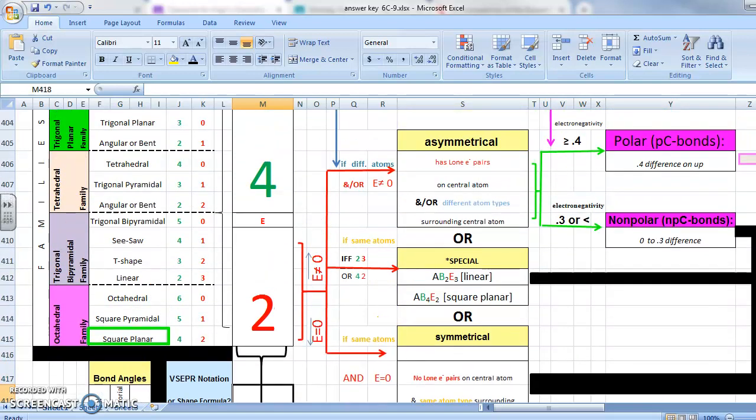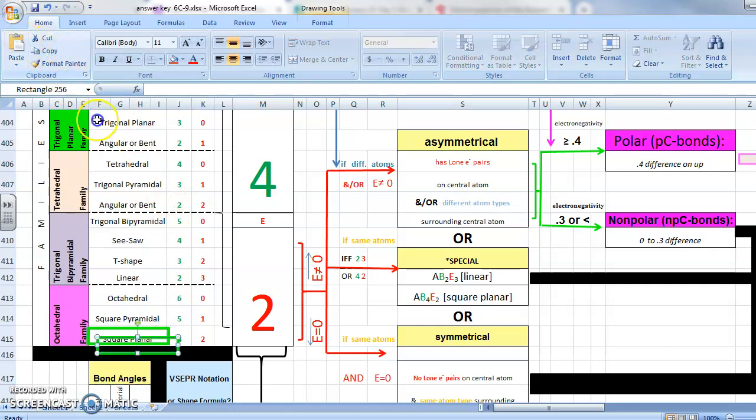So now we come in here. Now that we know we have 2 lone pairs, we can proceed out to try to figure out the symmetry of this atom. As we proceed out, E does not equal 0, so it's not symmetrical. So we head up this path where E does not equal 0. In order for it to be symmetrical, E had to equal 0. So heading up this way, E equals 2. So we check down this line. Is the molecule a 4-2? It is. So this is categorized as a special